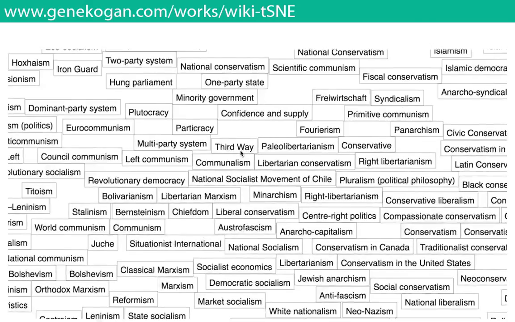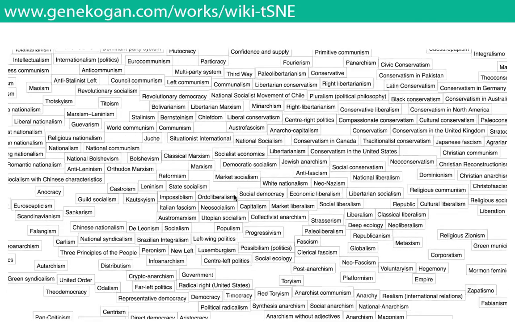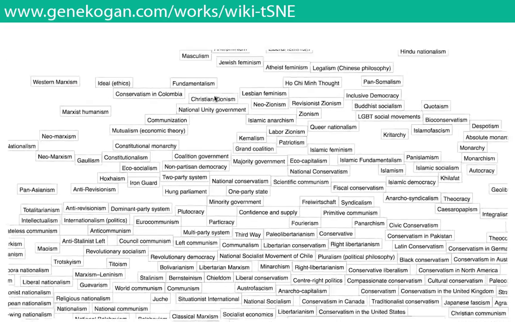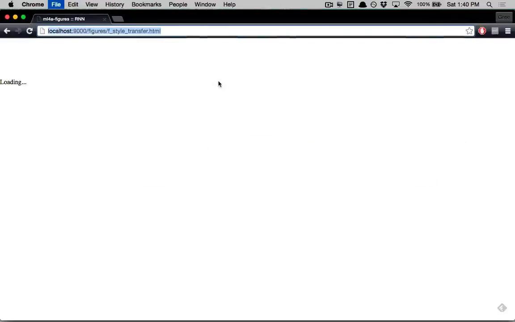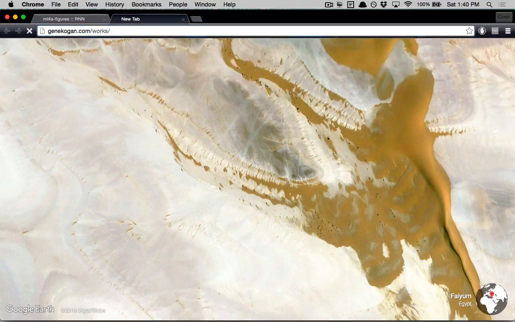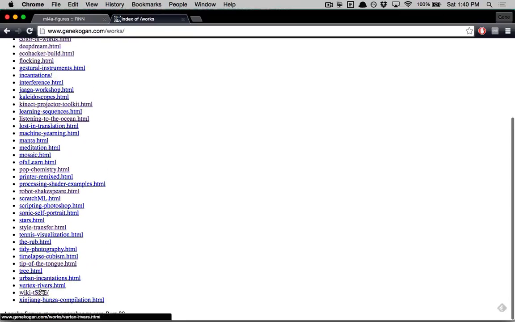You can also do this with text. So t-SNE, I've shown you image applications, but it works on any feature vector. So this one, I took a whole bunch of Wikipedia articles, and actually this is online. If you go to genekogan.com, works, you can just go to the index page and then go to wiki t-SNE.